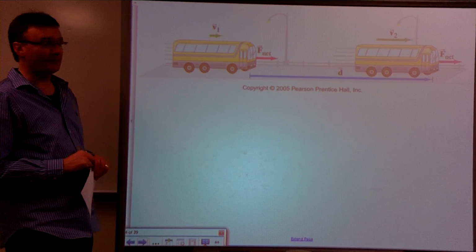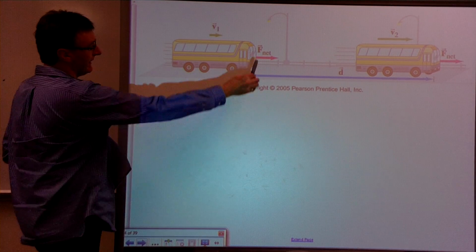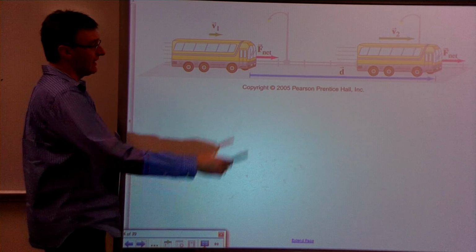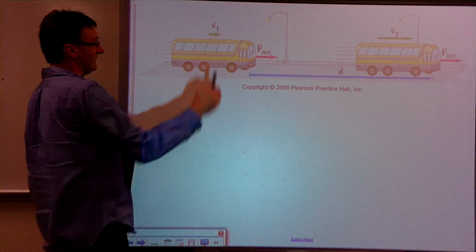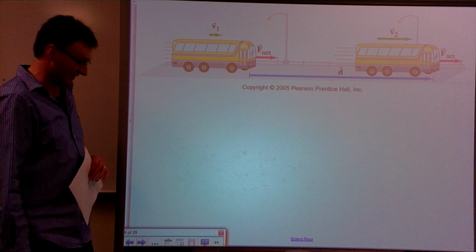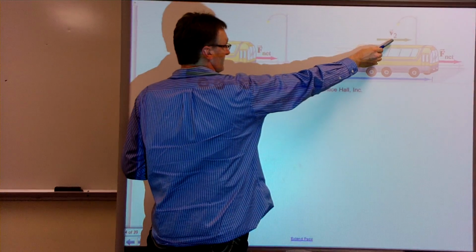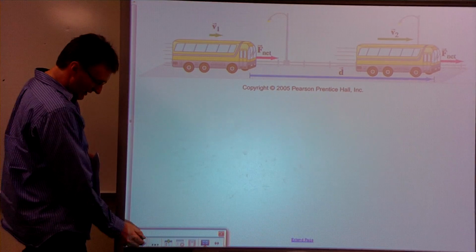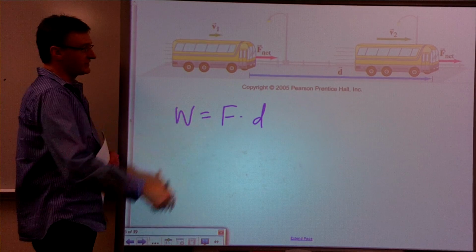So if you look at an example of this, here's a bus that's moving down the road at a certain velocity, and there's a net force that's applied to the bus. And so after a certain distance, it now has a different velocity, which is greater than the first velocity or the initial velocity. So here this is labeled V2, but this would be considered V final, and this would be V initial. All right, well, we know that the work done on the object is the force times the distance